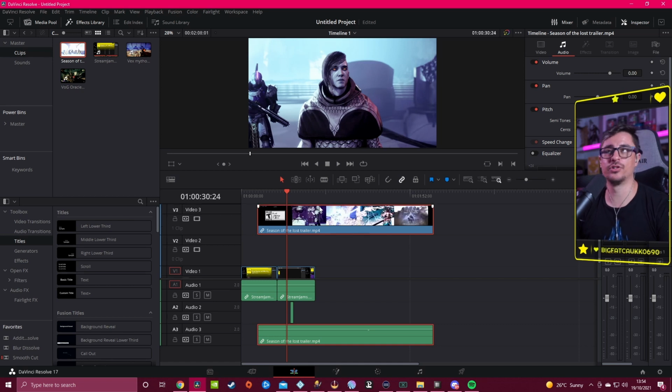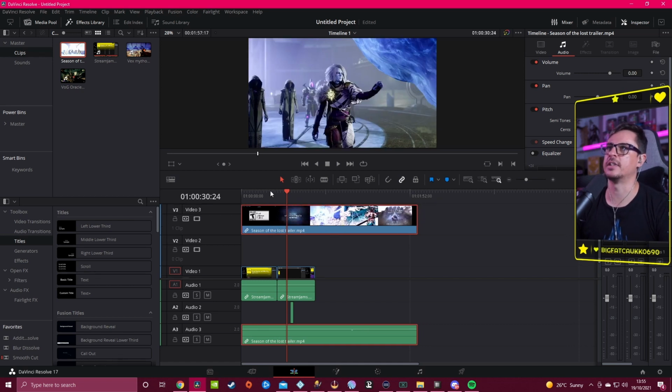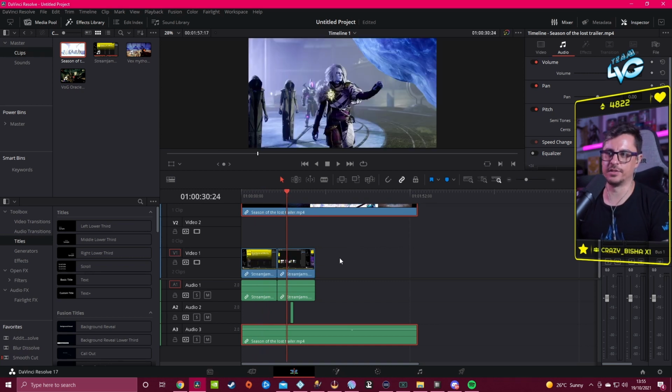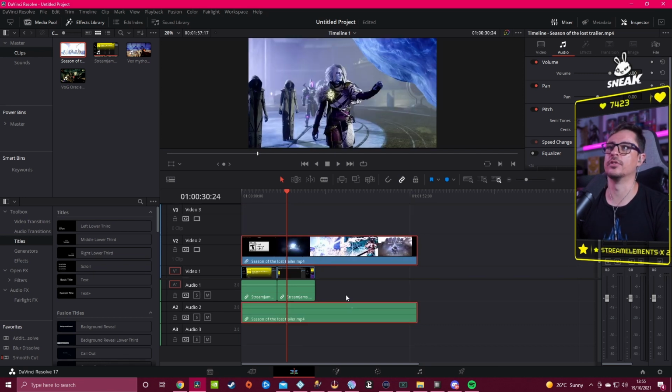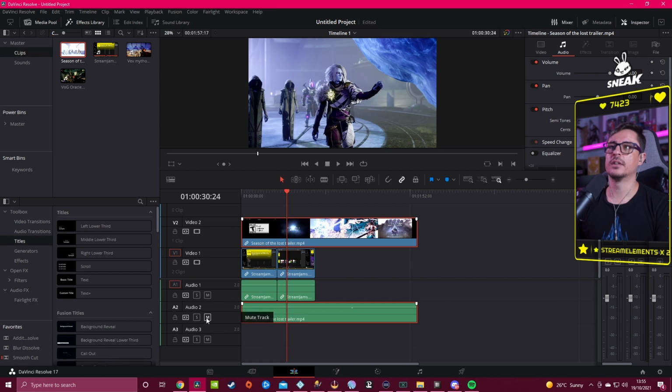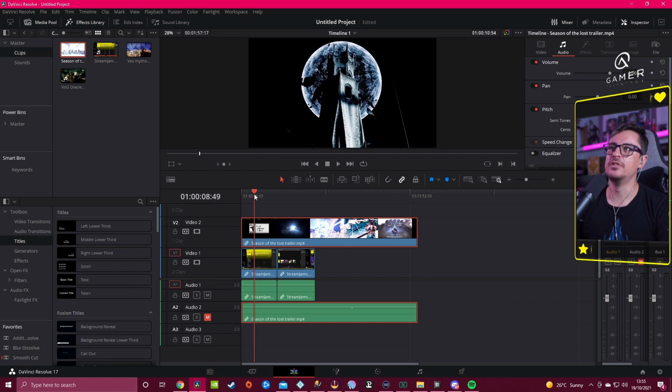Let's say we have a Destiny clip right here, and you're recording yourself talking about Destiny. For example, you can record yourself with audio and video with OBS. Then you put it on top. You can mute the track of the actual trailer by clicking on this here. Now it says mute track. So now you're not going to hear anything from the clip on Destiny, for example, but you are going to be